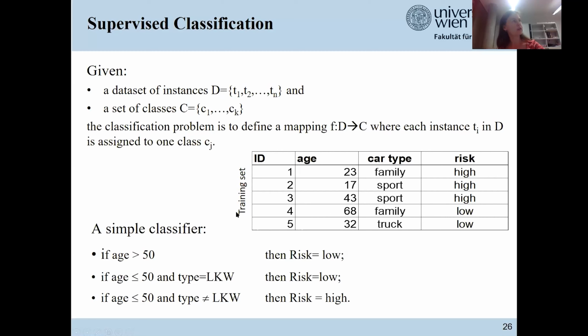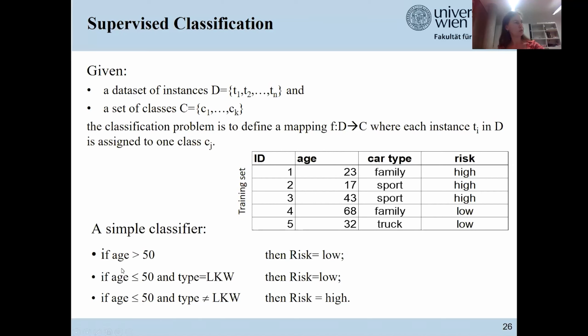And this is a toy data set only consisting of 5 data instances. But you can learn from this data set a very simple classifier. So the task is to predict the risk of having an accident based on the age of a driver and the car type. And you can see that you can successfully classify your training data into the classes without any errors if you just use these 3 simple rules.